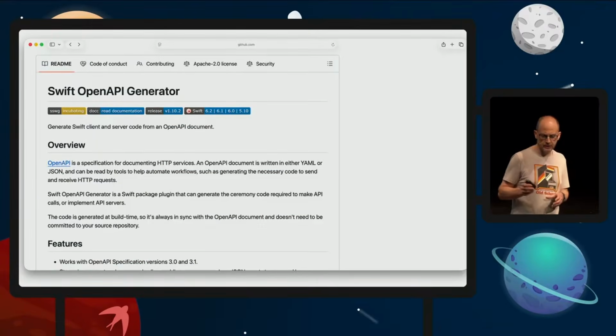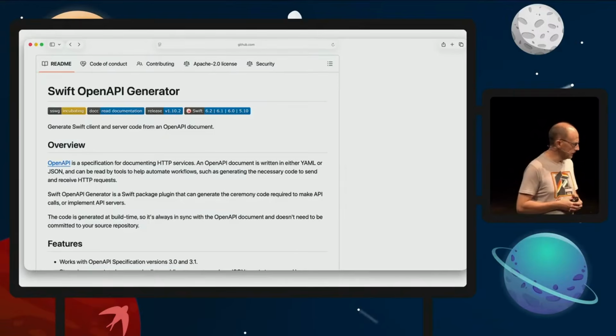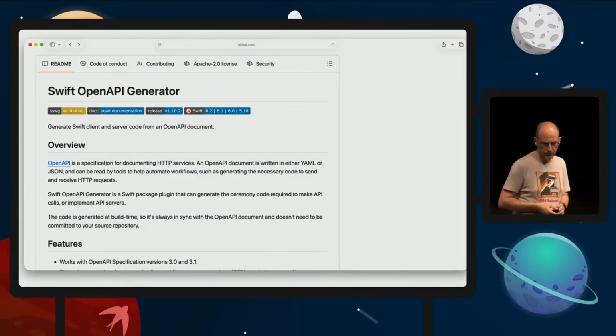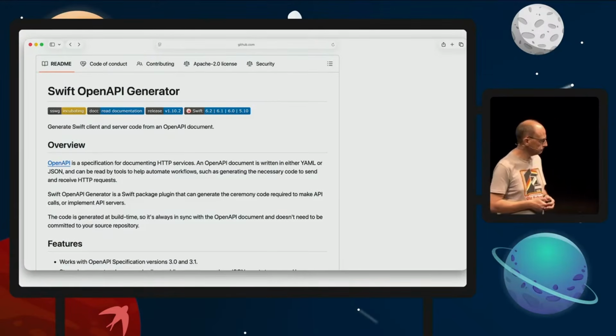And if you want to do that in the Swift world, there is a Swift OpenAPI generator. So we can use that to generate the code for the server, and we create a small server using Vapor. And you can then also generate the client code that you can include in an iOS app that displays all the data in a simple list.